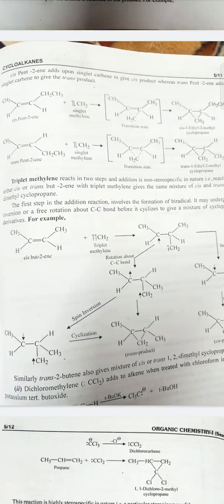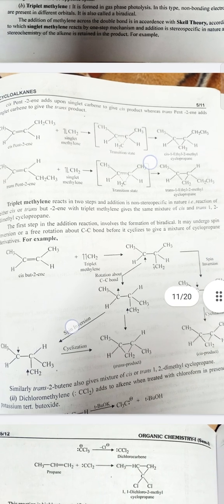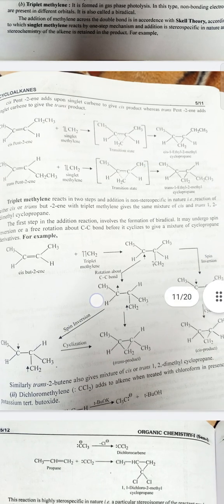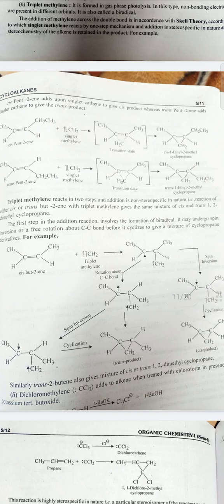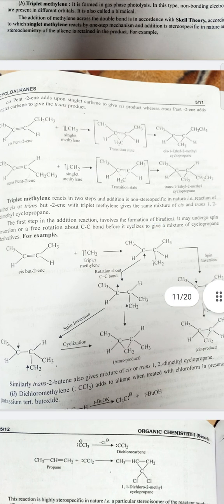Cis-2-pentene adds singlet carbene to give the cis product, whereas trans-2-pentene adds singlet carbene to give the trans product. Triplet methylene reacts in two steps, and addition is non-stereospecific in nature, that is, reaction of either cis or trans